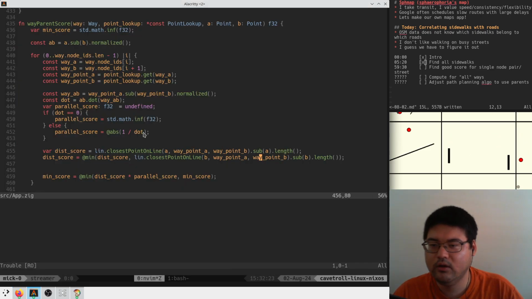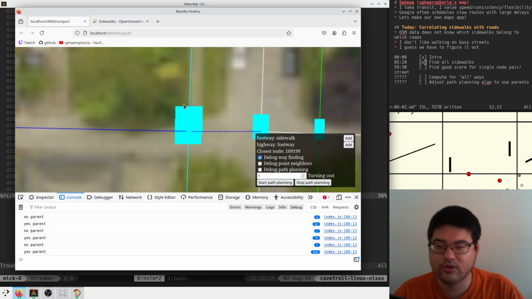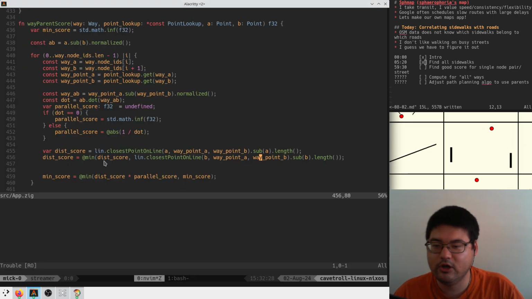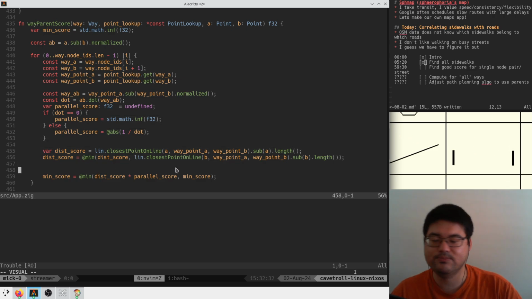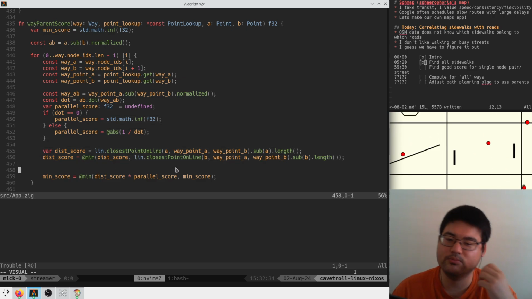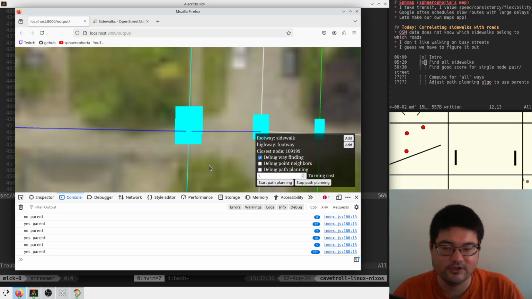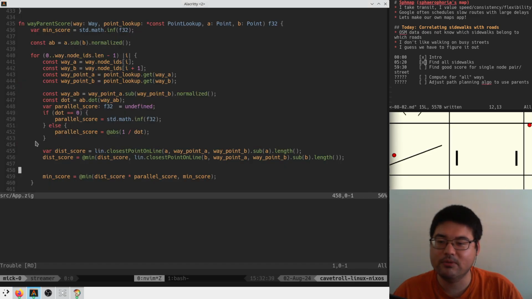Oh, right. That makes sense. So the closest point on this line is 0, which means that no matter how much our parallel score goes up, this will always be 0 because we just multiply them together. So that's probably what's happening here, is that we need to set a minimum